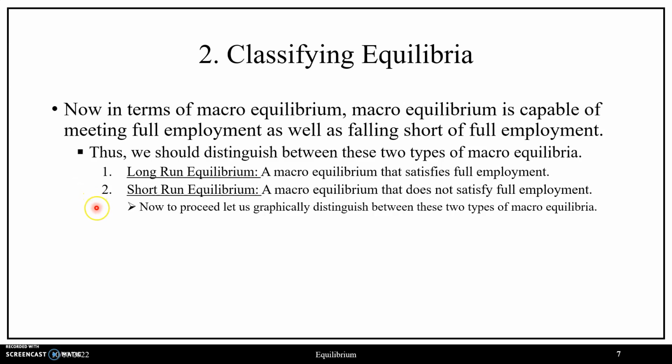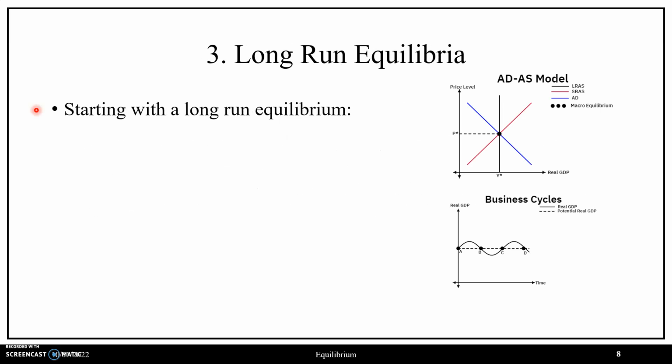So, with these two subclassifications in mind, let us now proceed by graphically distinguishing between these two types of macroequilibrium, in which we will start with a long-run equilibrium. A long-run equilibrium is a macroequilibrium that satisfies full employment, where to satisfy full employment, that means price stability has been met, as well as our unemployment portion of the goal,